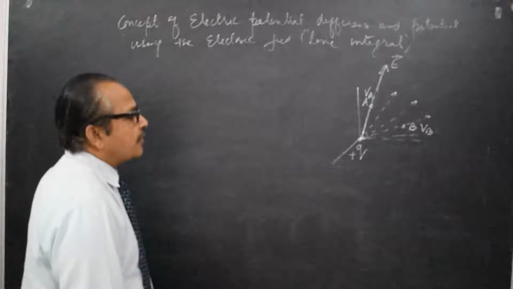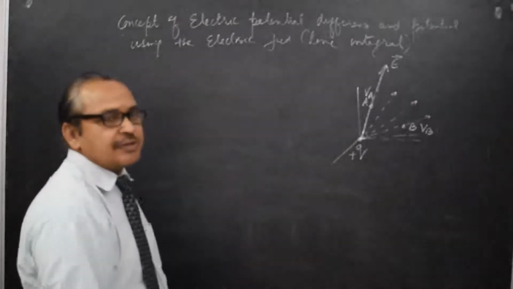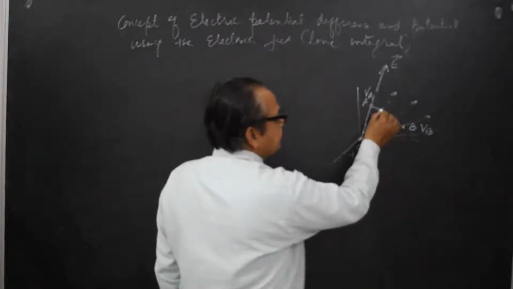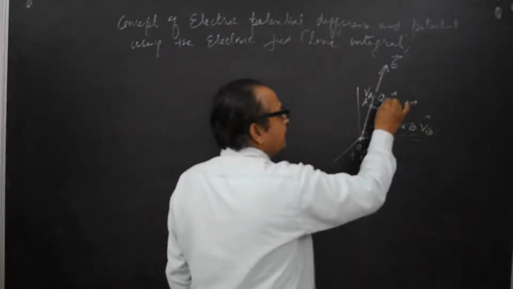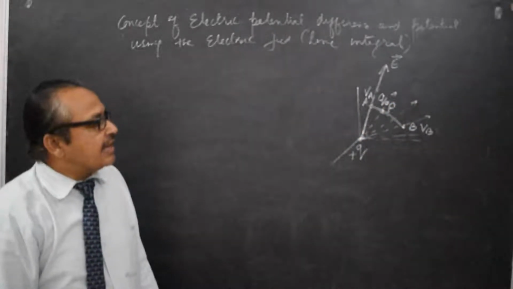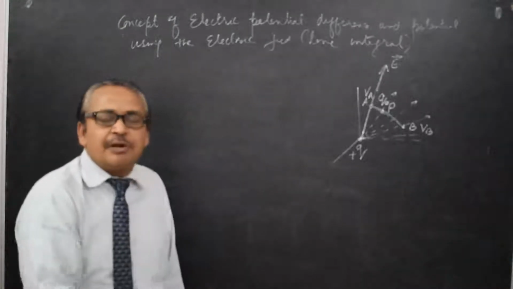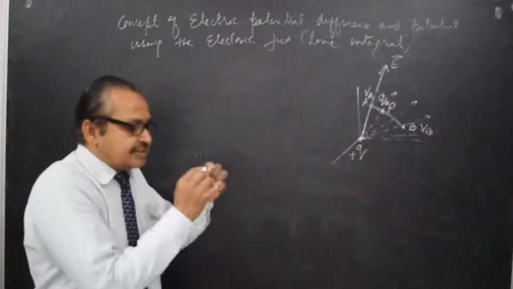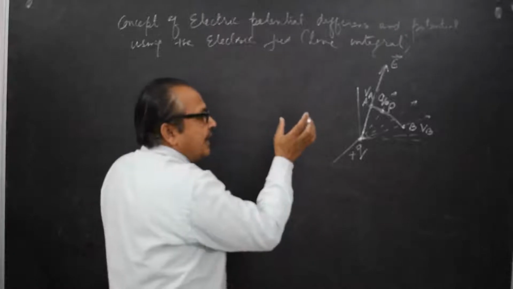Now, you all know that in order to find the concept of potential difference, let us place a test charge of Q naught at this point P. हमने क्या किया, एक टेस्ट चार्ज Q naught को पॉइंट P पर प्लेस कर दिया. One thing is very obvious that as soon as this test charge comes at P, due to the electric field